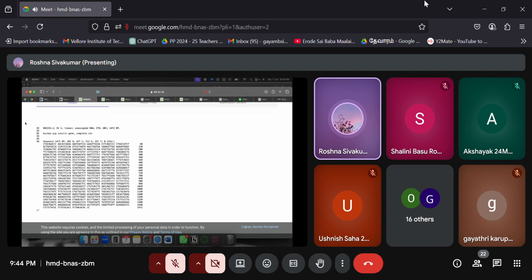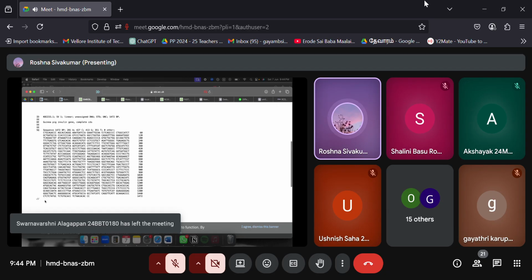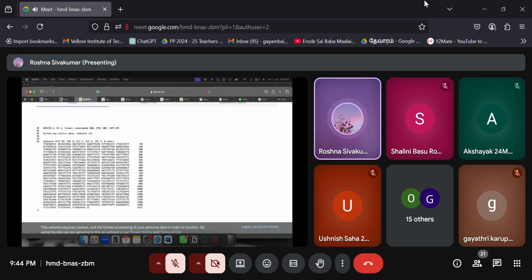So as you see, this is the EMBL format, and this is, I think, the accession number and the description of this gene, and they have some index numbers here and there. And one more prominent thing is that it ends with a double slash. So this is different from this. So basically, yeah, conversion of different formats.